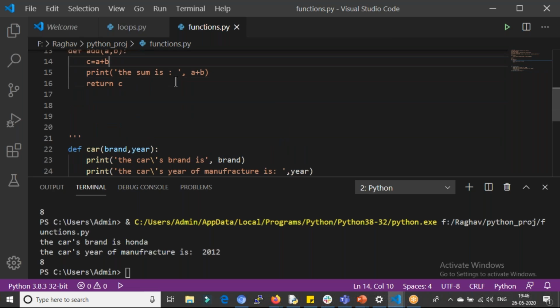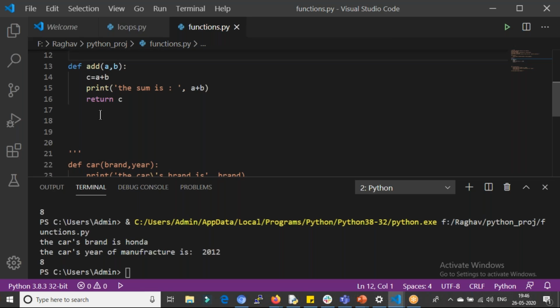Here I want to call a function. I'll say add 5. So is this correct? I'll try to run it. Will this be working? No. Why won't it be working?